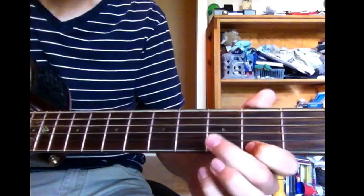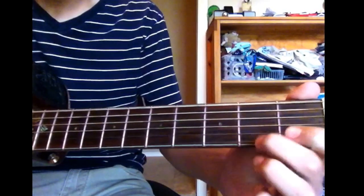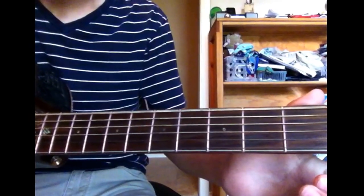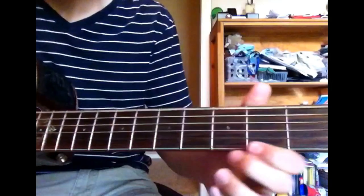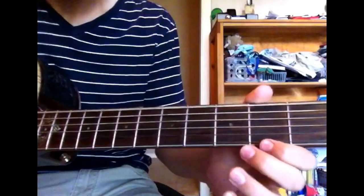And then 2nd fret, open, and see, it's a chord, it's an open D. That's how the tuning is. So basically, without any of the whole finger picking stuff,